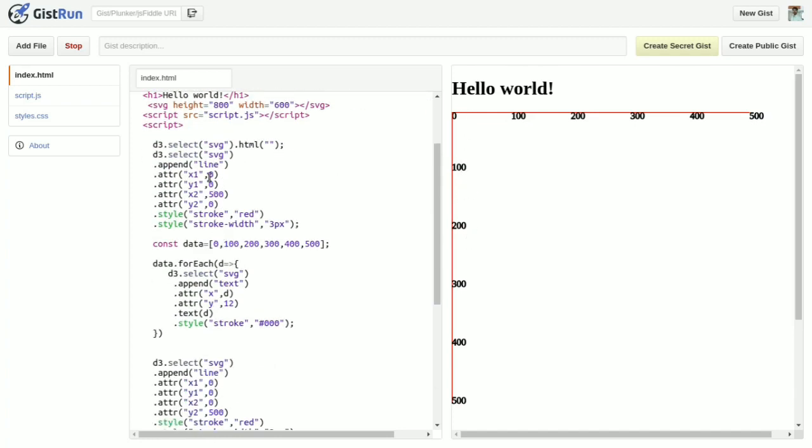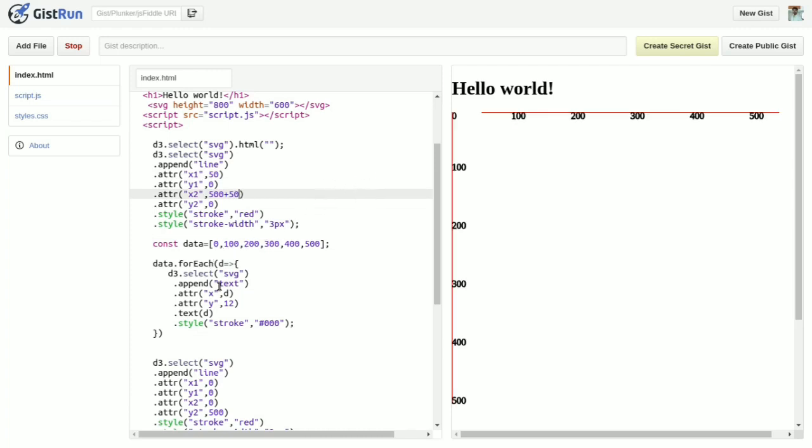So I need to provide the 50 pixel here at x1. Also I need to add 50 here, so that the line becomes 500 pixel.